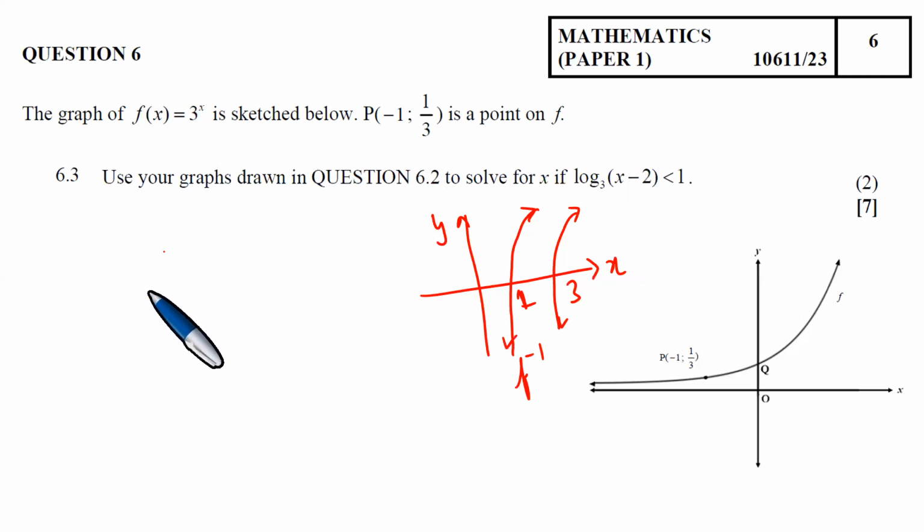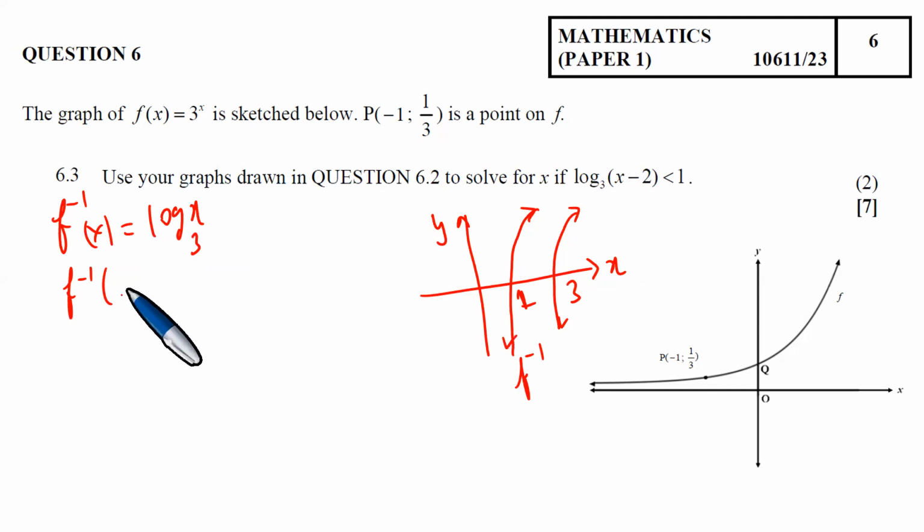So you have f of x, f inverse of x. This is the graph of the function f. So the inverse is the log of x base 3. So f inverse of x minus 2 would be the log of x minus 2 base 3. So if this is less than, use your graphs to solve for x. If this is less than 1,